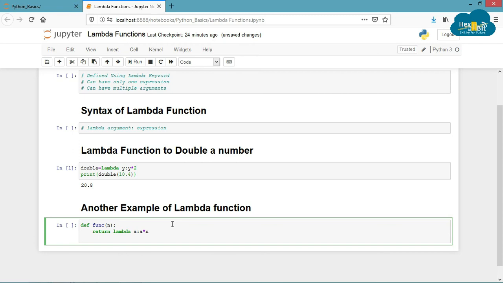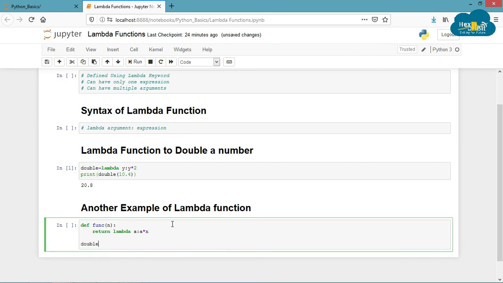Since our classical function will return the lambda function, we will end up with a lambda function object. This object will accept a parameter which is nothing but the value which will be placed in place of the argument of the lambda function. So using this we can create multiple objects which can be used to double a number, triple a number or four times a number and so on. You'll understand this when I run this code. So let me complete the code.